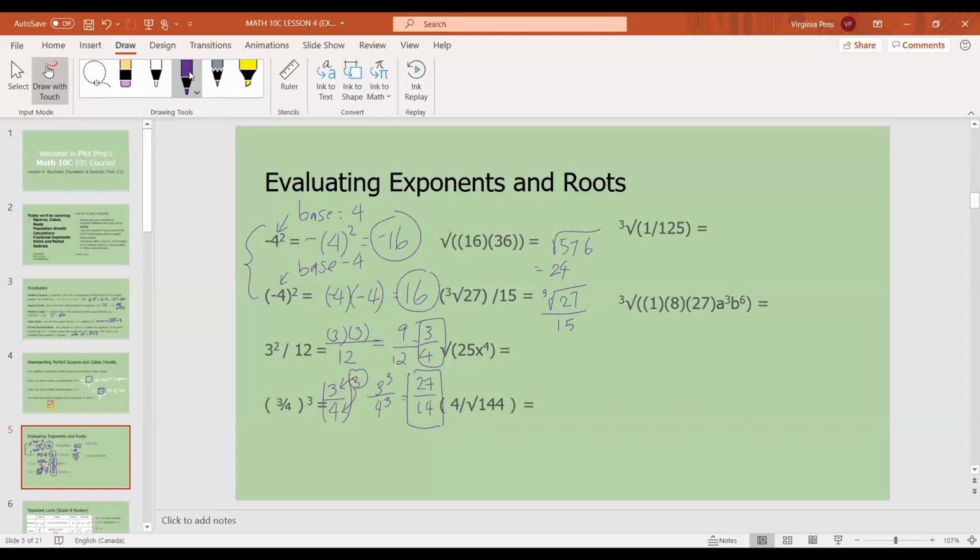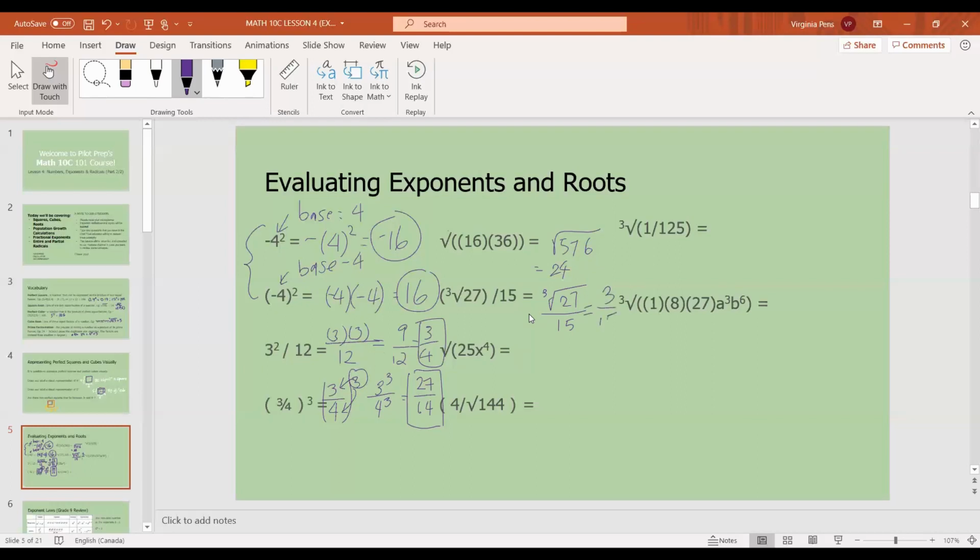All right. Earlier we did explore the cube root of 27. So over here, when 3 was put to a power of 3, it became 27. So when it's the opposite, when 27 is put to the root of 3, then what's going to happen? What number is it going to turn into? Well, earlier it had a base of 3, so this time it's going to have an answer of 3